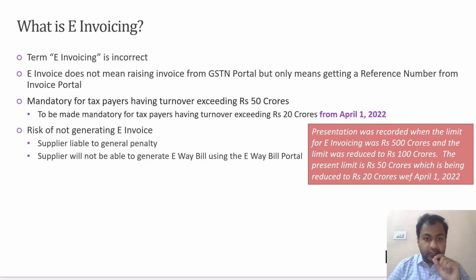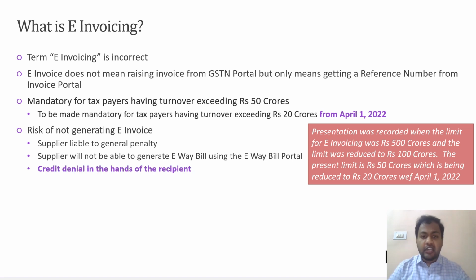Okay, but the most important thing is that I am told that the e-invoicing portal will be linked to the e-waybill portal, and once it is mandatory for you to generate invoices electronically, you will not be able to go to the e-waybill portal for generating e-waybills except for delivery challan. So wherever there is a supply, you will not be able to use the e-waybill portal to generate an e-waybill. So that is very, very important.